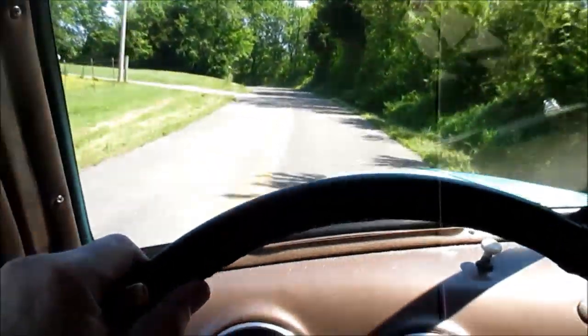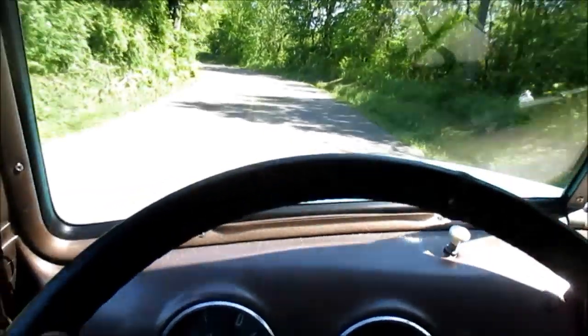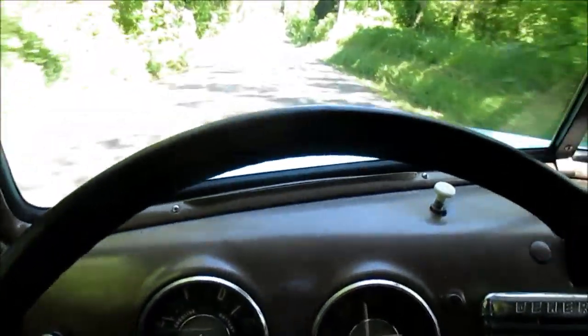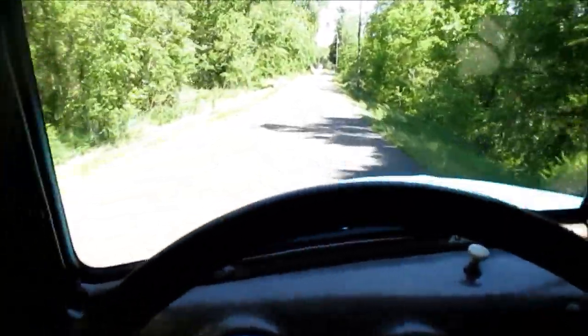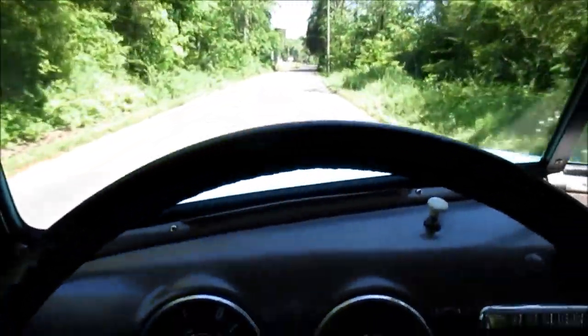Sharper turn than I was prepared for. But I mean, every improvement's been great. Now I know I've raised the truck up by 2 inches to 2.5 inches, but I tell you, the ride quality has made it well worth it. So anyway,